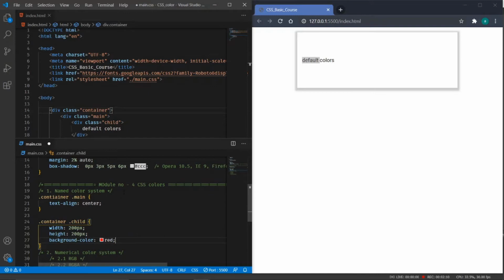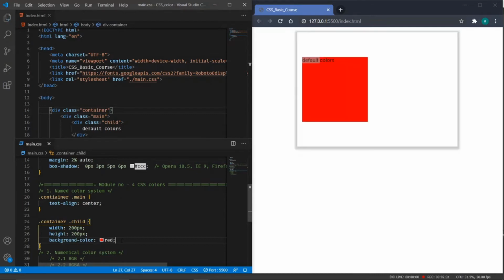So as we have told, the named colors are nothing but the colors which have exact names such as red, orange, yellow, green, cyan, blue, purple. So we have already discussed in the presentational session the different types of default colors which the browser supports. I will just save this, and you can see right now we are able to see the section, and it's looking good.